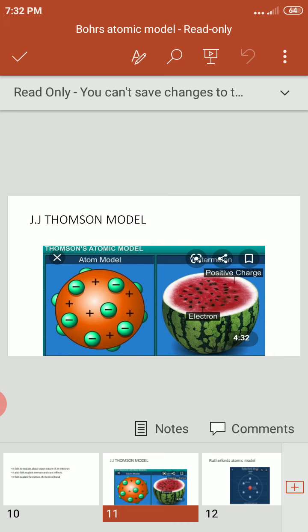If we cut the watermelon, we observe two things: the red color flesh and black seeds. In that watermelon, black seeds are embedded in the red color flesh. He applied the same concept to atoms. Atoms also contain a positively charged mass, like the red color in the watermelon. And in the atom, negatively charged particles are embedded in the positively